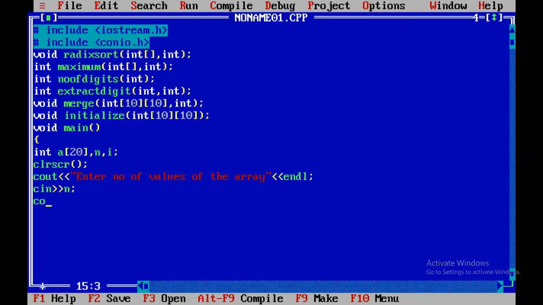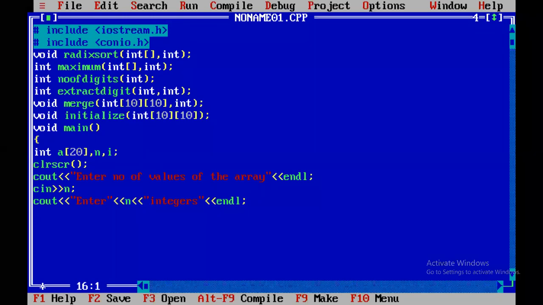Cout: enter n integers. So if n is 5, you have to enter 5 integers. If n is 6, you enter 6 integers. If n is 7, you enter 7.